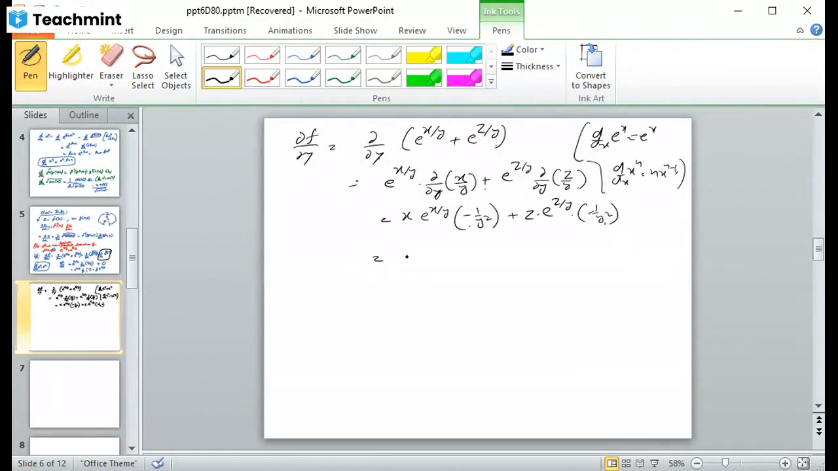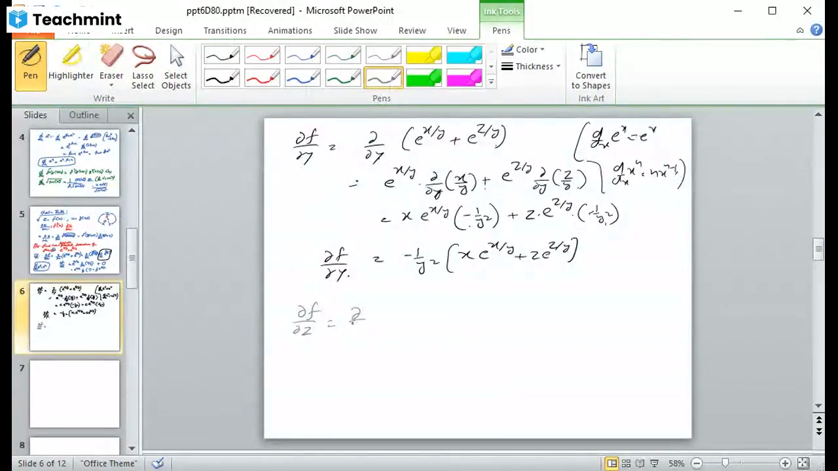So its answer is -(1/y²)[x e^(x/y) + z e^(z/y)]. This is ∂f/∂y, right? And now if I want to find ∂f/∂z,